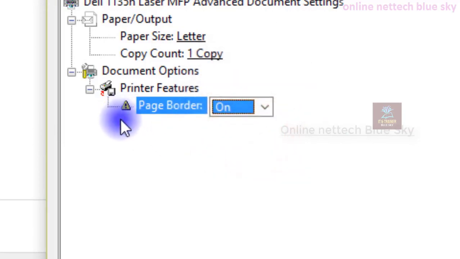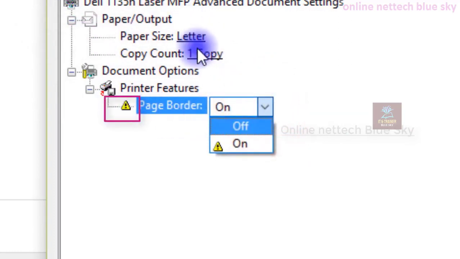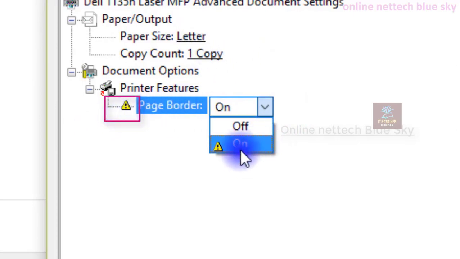So you can see it is showing a warning here. What is the warning, and why does it give a warning? First, let's check. Why does this warning appear on these options?